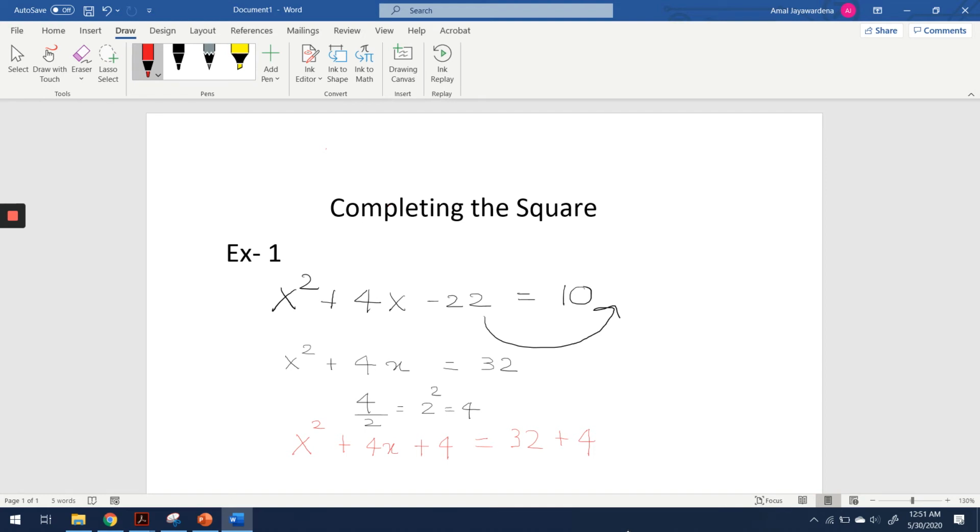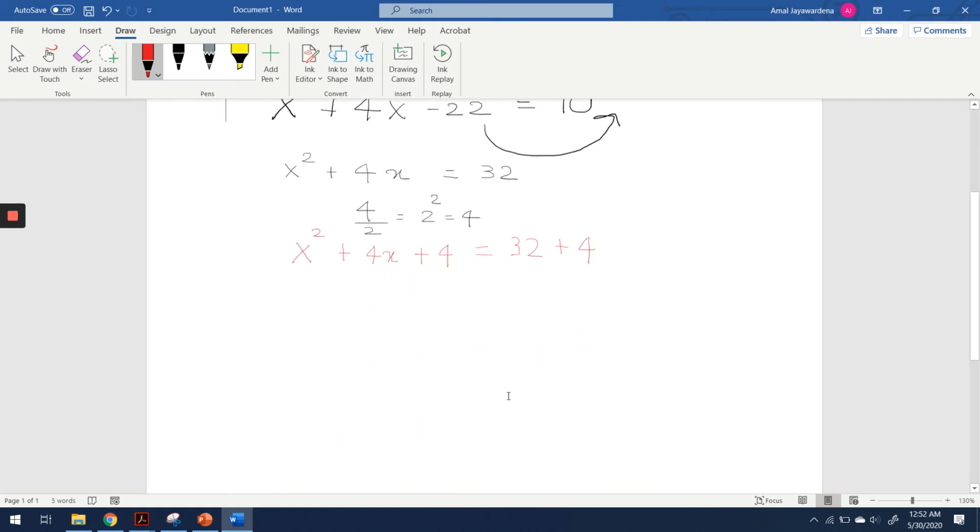So our goal here was to make this equation a perfect square. So we wanted to make this left side a perfect square. So the next step is you can factor this out. So this is going to be x plus 2 and x plus 2 is equal to 36, and this is going to be x plus 2